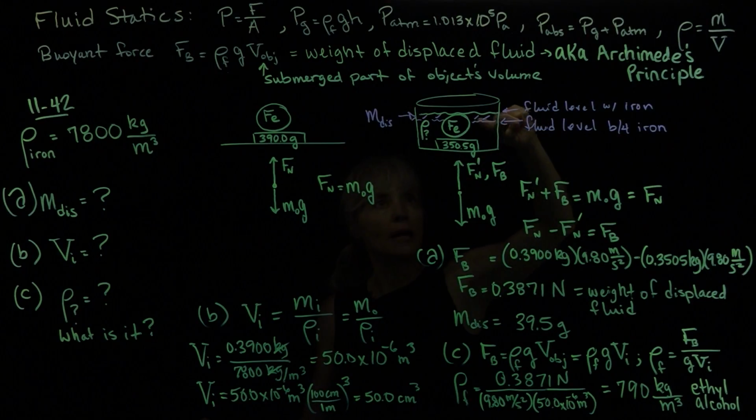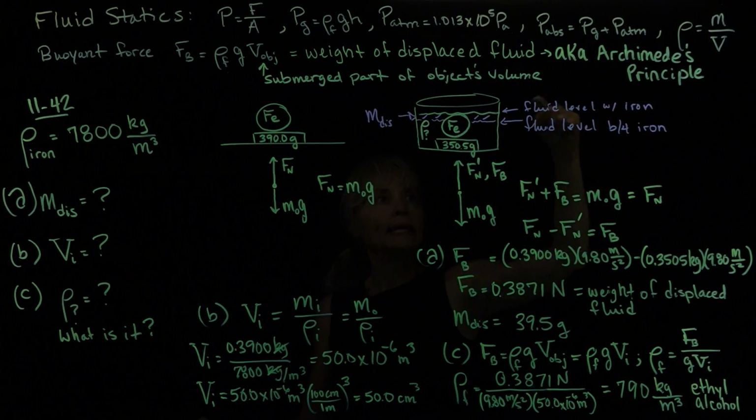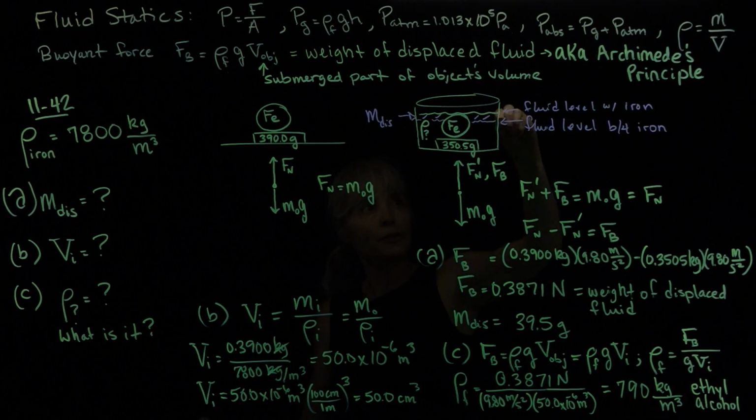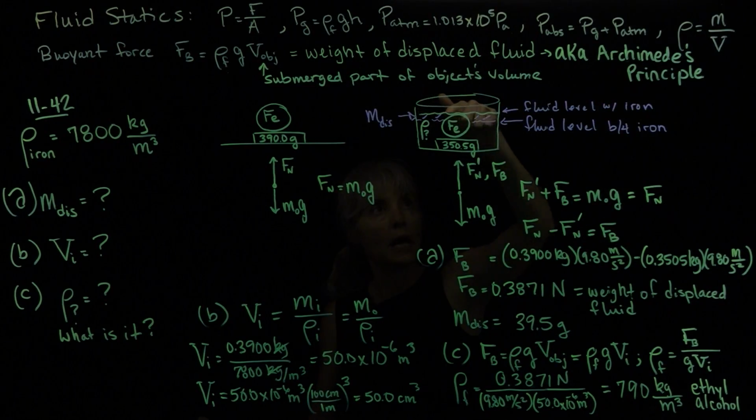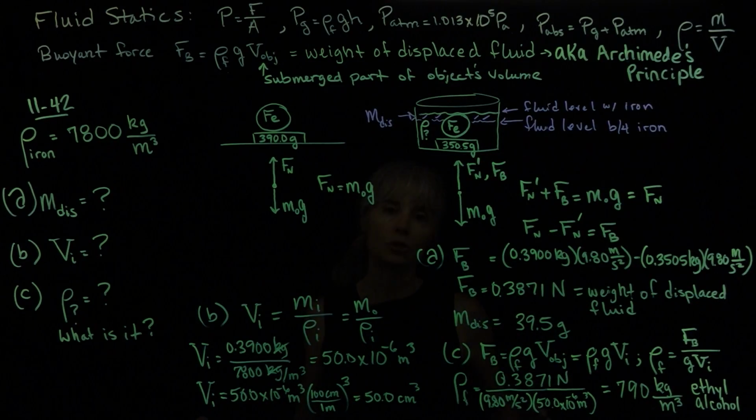So this bottom level of fluid is the fluid level before the iron was put in. And then when we put the iron in, the fluid level rises up until the iron is completely submerged, and that new fluid level now is this upper line right here. And notice that this shaded area in between is the mass of the displaced fluid. So that's how much fluid had to get out of the way for that iron to be sitting in the